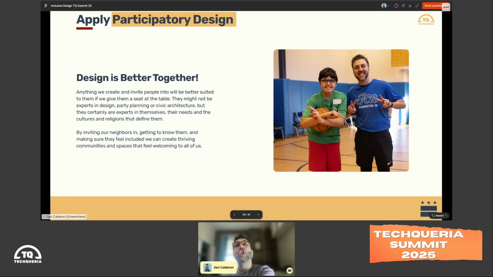So if we include them in the process of designing our community and our community spaces, they'll feel included, they'll feel seen, their needs and viewpoints will be represented, and we'll be able to create spaces that are more inclusive, more innovative, and more welcoming to everybody that wants to be a part of it.